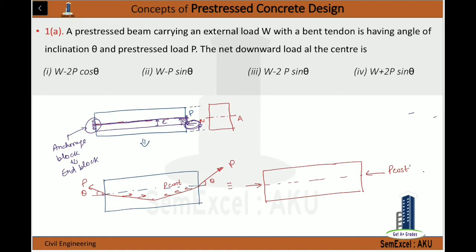So if we want to draw the bending moment diagram due to the pre-stressing force, here we are excluding all the externally applied load and the self weight. We are just considering the load due to the pre-stressing cable. So what will be the moment at this point? It will be equal to 0. Moment at this point will be P cos theta into this length. Moment at this point, P cos theta into this length. So the pattern will be like this. And what is the maximum value of moment here? It will be equal to P cos theta into the maximum value, which is E.